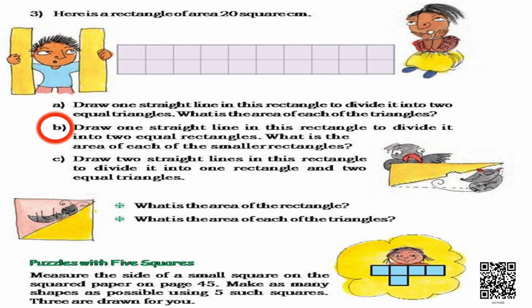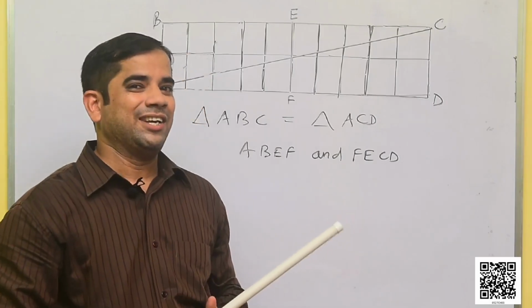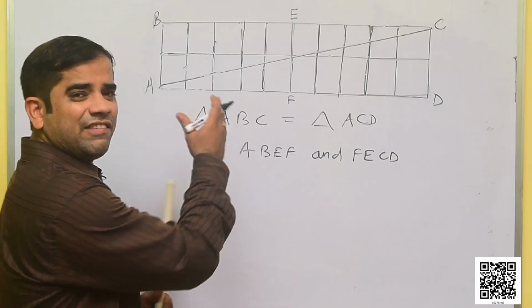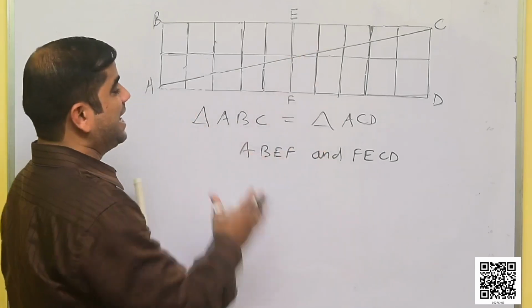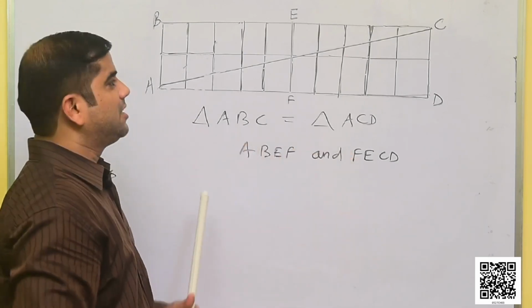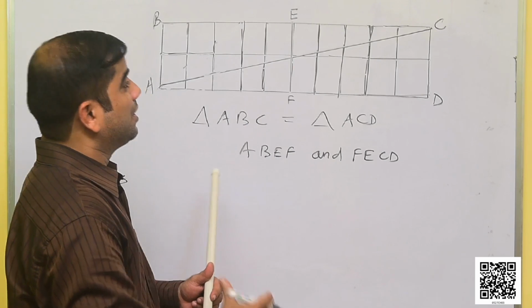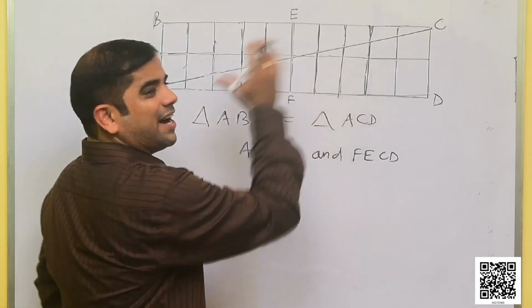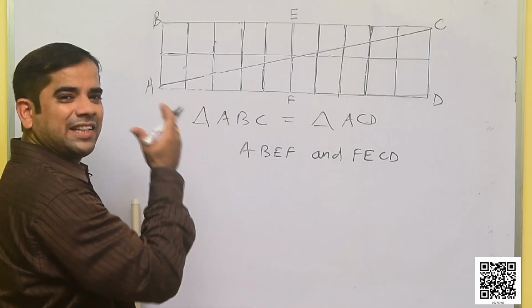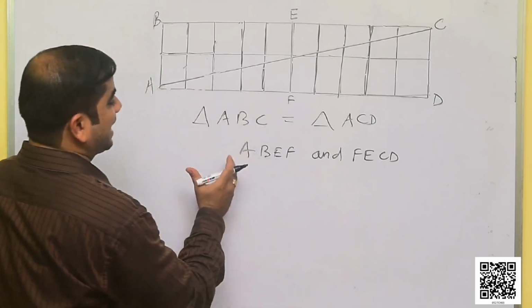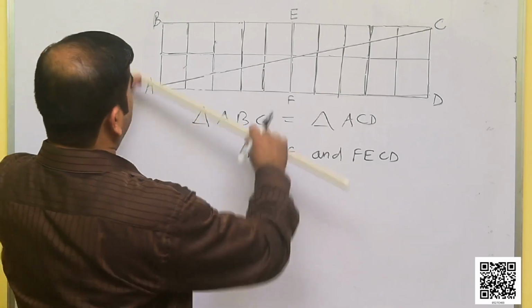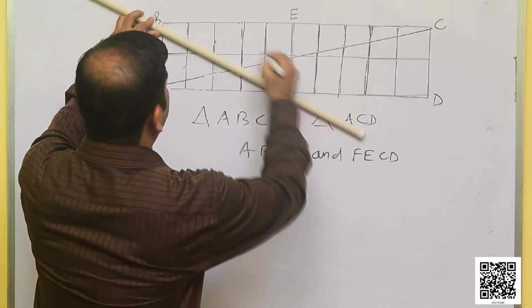Now the other task is we have to draw two straight lines in the rectangle and divide it into one rectangle and two equal triangles. It's too easy, you know. Let's do it. We have divided this bigger rectangle ABCD into two equal rectangles. Now we only have to partition one of the rectangles, leaving the other one as it is. Let us go with rectangle ABEF. If I join the two corners B and F,